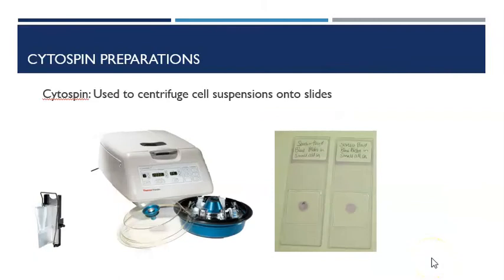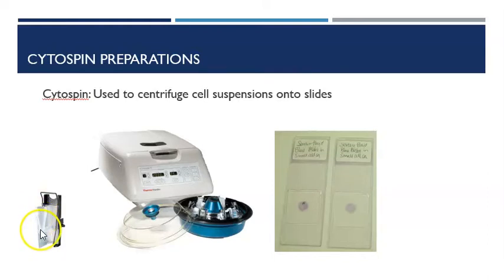So this is a cytospin, which you may have used in a second year lab. Basically this is a small centrifuge, and this centrifuge takes a microscope slide. On the top of that microscope slide is a piece of filter paper with a hole in it, which represents that hole, that circle there, and then a funnel which fits directly over the top of the hole in the filter paper. You insert your liquid suspension of cells into that funnel, start the centrifuge, and that will centrifuge the